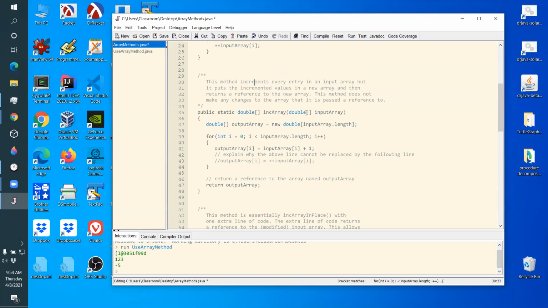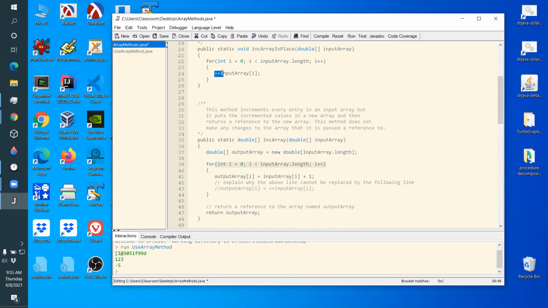Now look at this one. This one has to produce an output array. Okay. So the first thing it does is it creates a new array called output array, and its length is the same as the input array. So it's not a copy, it's a new array that's got the same length as this one, and it's going to be filled with zeros. So we create a place for the incremented numbers. We create an array, same length as the input array, and it's got enough room in it for the incremented numbers in here. Okay. Then we step through the input array,